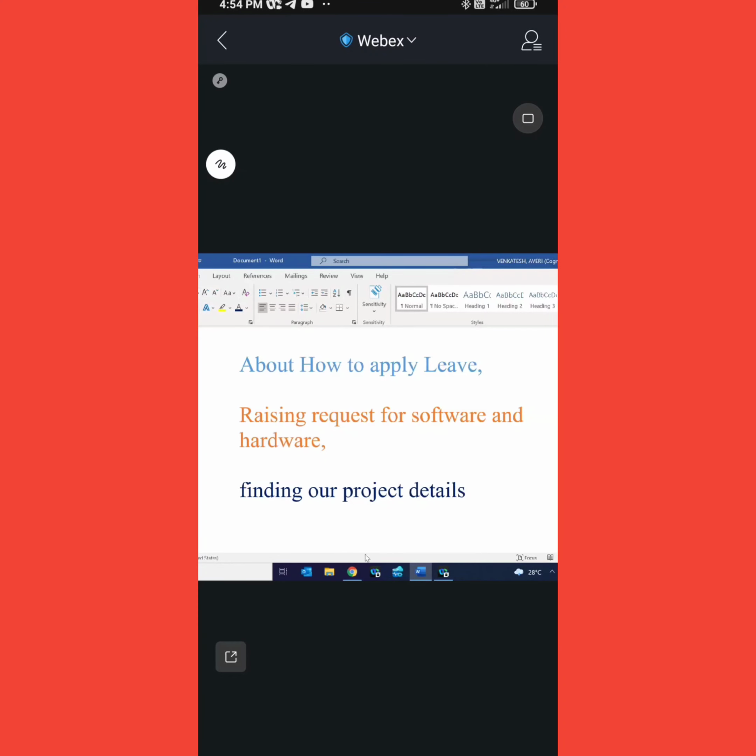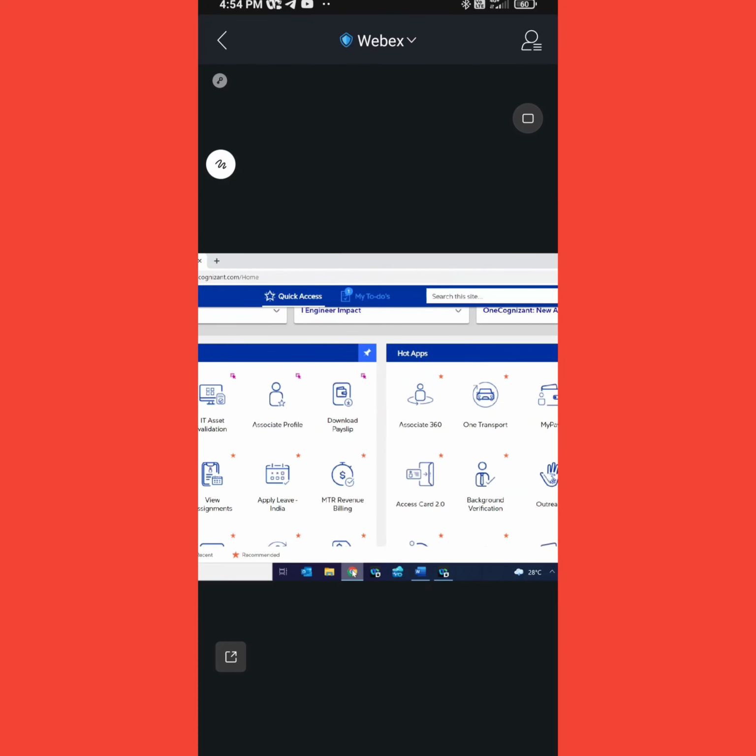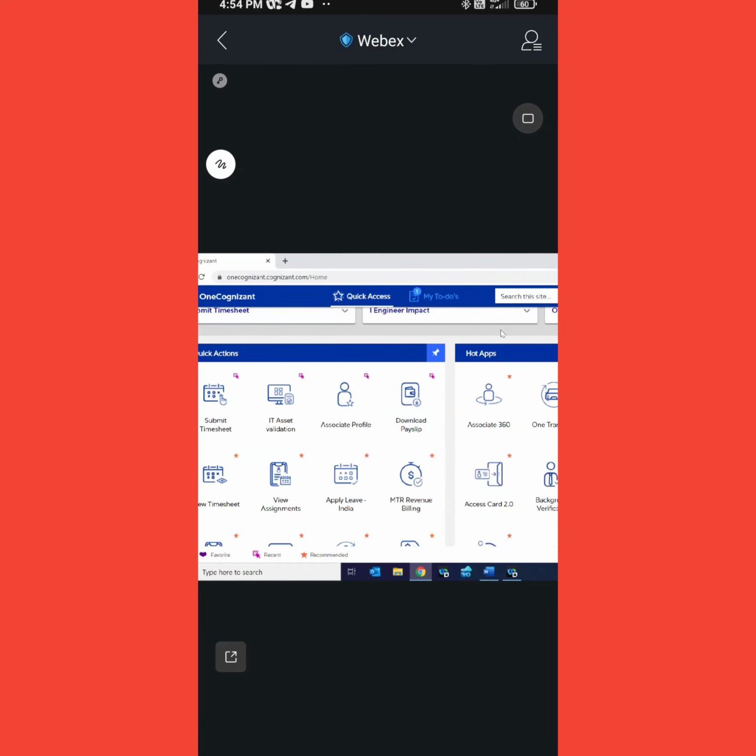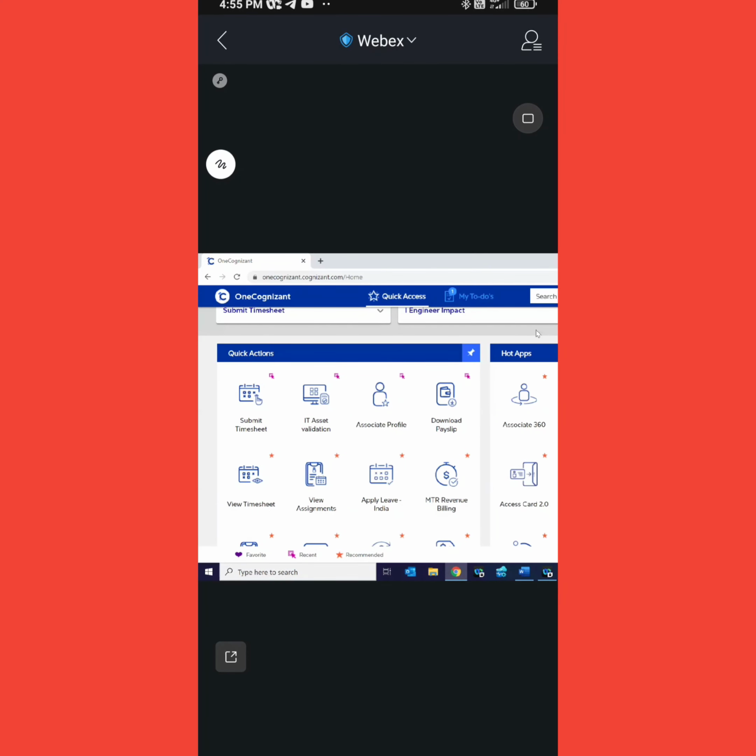Okay, just open One Cognizant with your credentials. And I think here you can find view assignments. It has total data towards your project ID, project name, date of project assigning and until when the project runs, and whether the project is billable or not, and your role, as well as your manager ID and manager name, all the stuff.